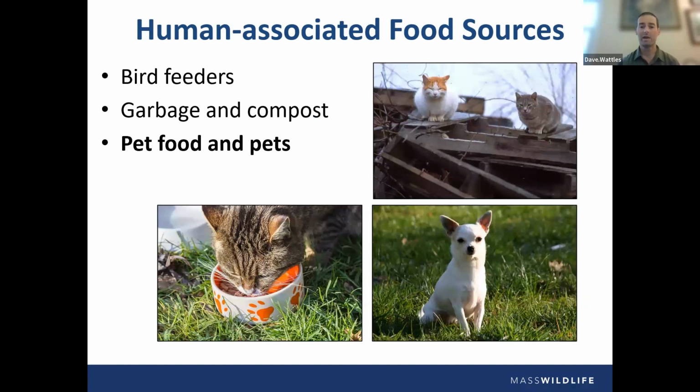They'll also readily take advantage of pet food that's left outside, both for our pets and for individuals who feed stray cats. And unfortunately, coyotes will also see our pets as potential prey items. Coyotes can't distinguish between cats and outdoor dogs as compared to any other animal or prey item that they might encounter in the wild. So unfortunately, despite it being a rather tragic thing when it occurs,